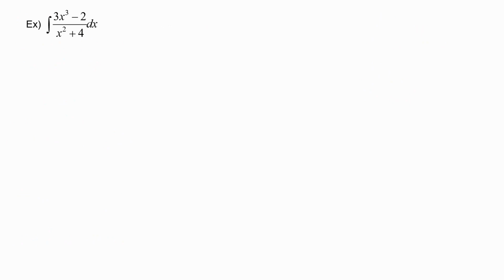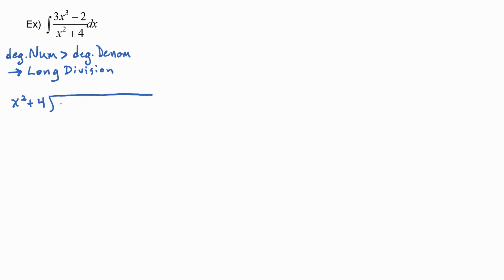In this example, we have to integrate the quantity 3x to the third minus 2 over the quantity x squared plus 4 dx. Now, I notice right away that the degree of the numerator is greater than the degree of the denominator. And we learned that when that happens, we have to do polynomial long division. So if we take x squared plus 4 and we divide it into 3x cubed plus 0x squared plus 0x minus 2,